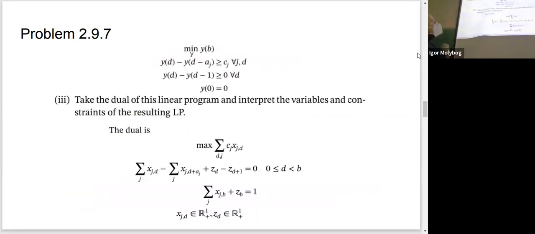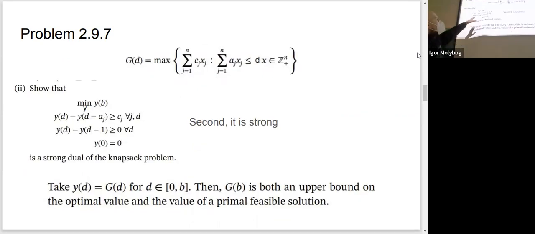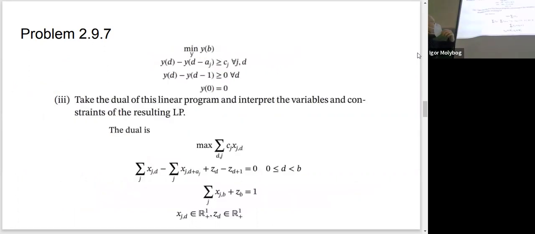Awesome. Part 3 is asking us: now notice that there are no integrality constraints for this problem. This problem is in fact a linear programming problem. So now we have a linear programming problem, and we are asked to take the dual of this linear programming problem and interpret the variables and constraints of the resulting LP. The dual is